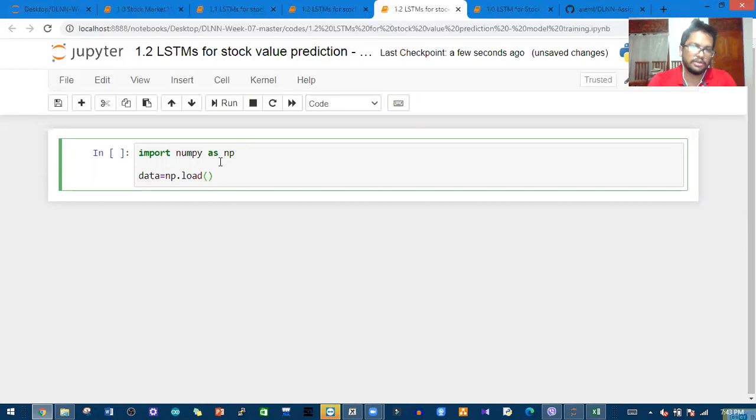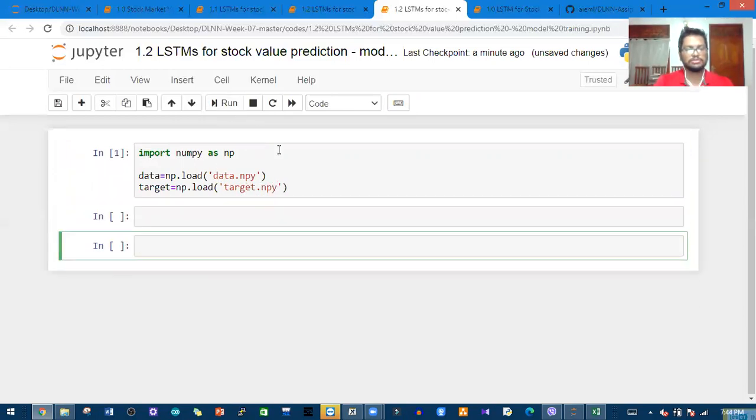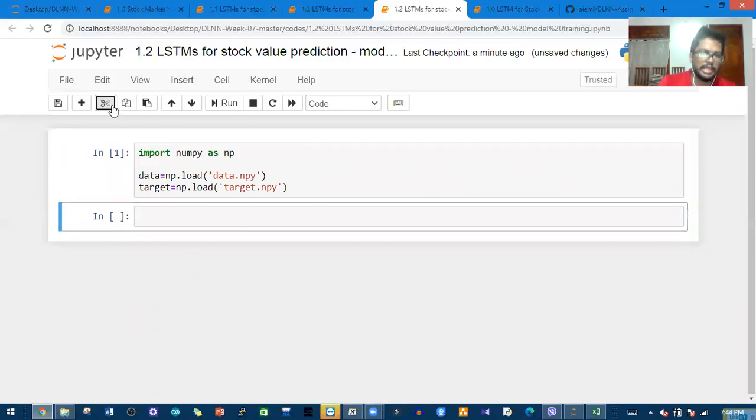So these are the things that we have already done. So that's why I'm not repeating those things. So we can give the name data.npy and the target, np.load, like the target.npy, right? So those two can be loaded, right? And what we can do,